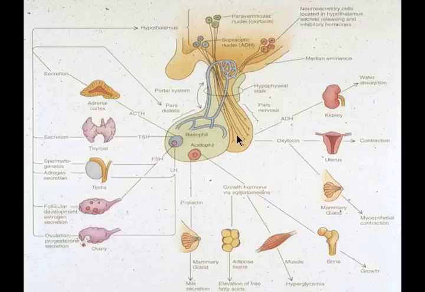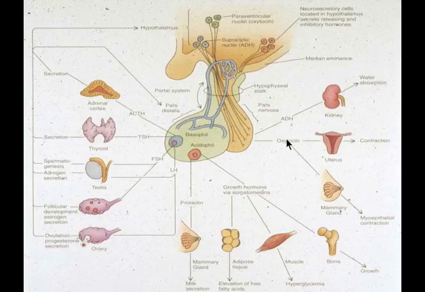The anterior pituitary produces a number of hormones. It's the size of a bean, and it's multiple organs. There are specific cells that produce ACTH, TSH, FSH, LH, prolactin, growth hormone, and in the posterior pituitary, antidiuretic